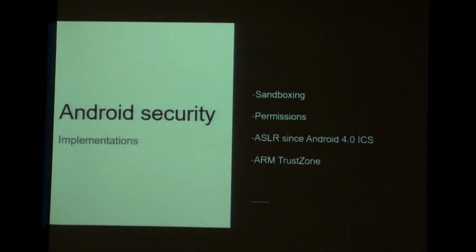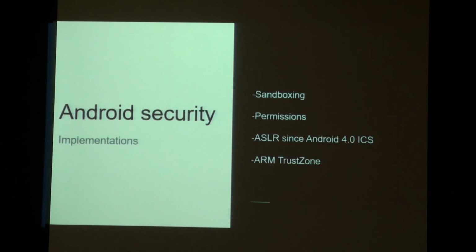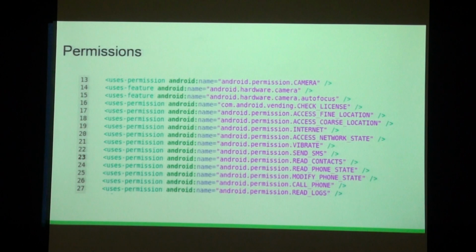And the last one we have is ARM TrustZone. This is more of a hardware kind of implementation. Most of the processors that we use in Android devices are based on the ARM architecture. You might have heard about Snapdragon, MediaTek, and Broadcom, the general processors that you hear about in the market. They're all ARM based, and ARM TrustZone is an implementation wherein, let me show you.